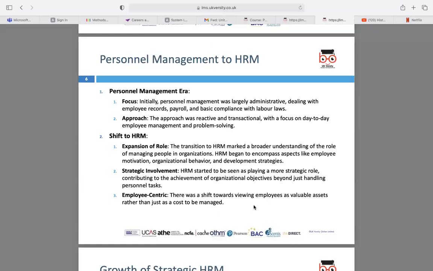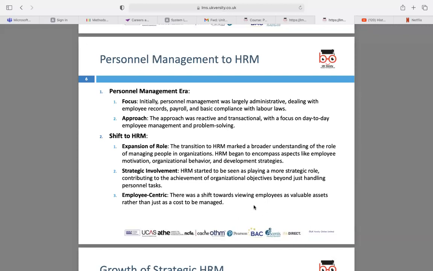And they shifted to human resource management, wherein the role expanded. So after the transition, they focus more on what the employee wants, and also how the employee works in that specific work environment or the organization's behavioral environment. And they started thinking of different strategies and different policies that can be put in place that can help associates grow in the business as well as get their job done really well.